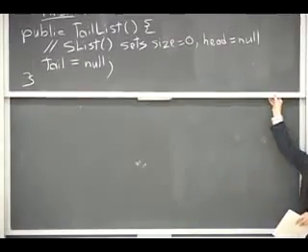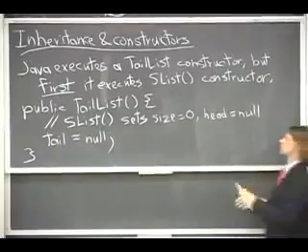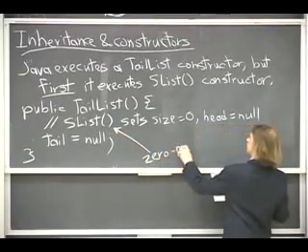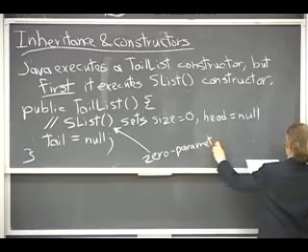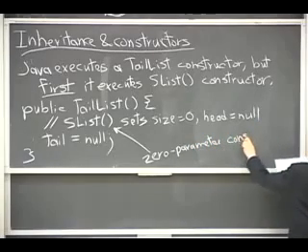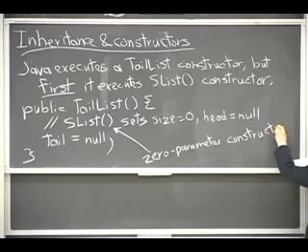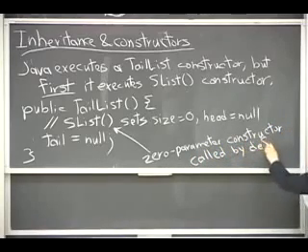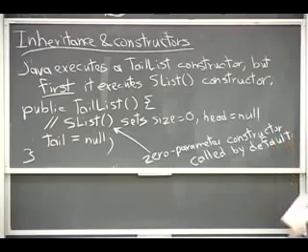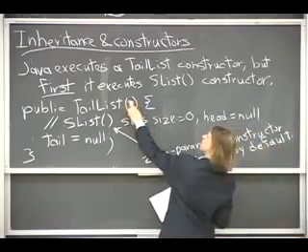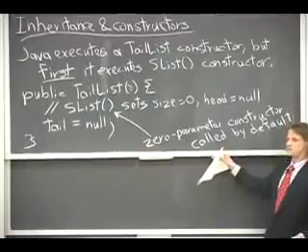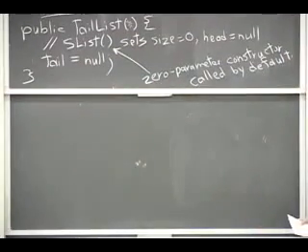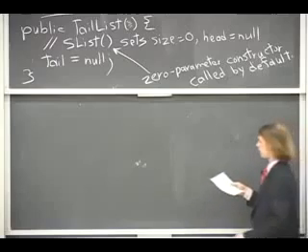Now, you might not want the zero parameter constructor. That's what you get by default. And again, it doesn't matter how many parameters there are here in the tailless constructor. It's the zero parameter S-list constructor that gets called by default. And if you want to change that, you have to say so. So the way you can say so